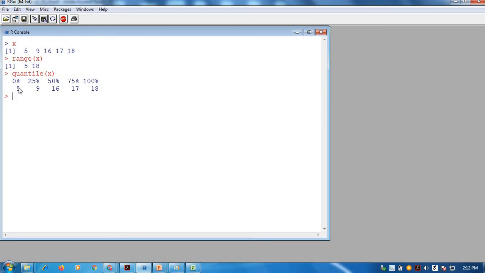The first element, 5, is at the 0th percentile, 9 is at the 25th percentile, 16 is at the 50th percentile, 17 is at the 75th percentile, and 18 is at 100%. Now this is a very simple and suitable example to get the proper values.